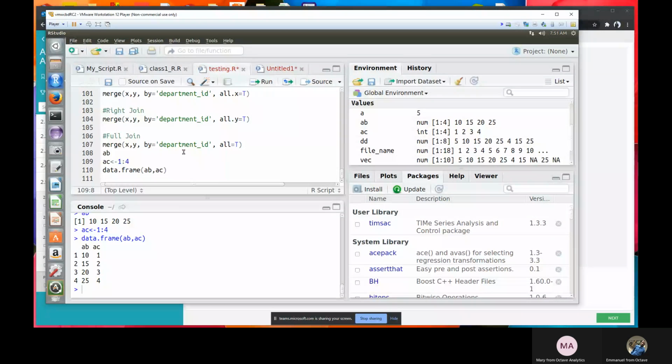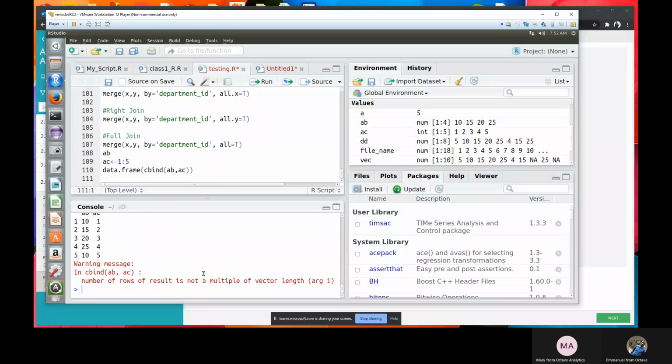Now, sometimes the vectors don't have the same length. You notice AB has four elements and AC has four elements. Let me create an AC that has five elements, 1 to 5. Let me run this command again. It gave you an error: arguments imply differing number of rows, because the lengths of those vectors are not the same. Now let me give a tweak to it. Let me write cbind inside the data frame before converting to a data frame.